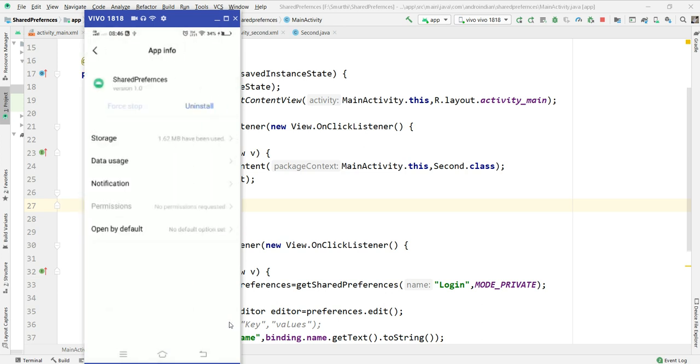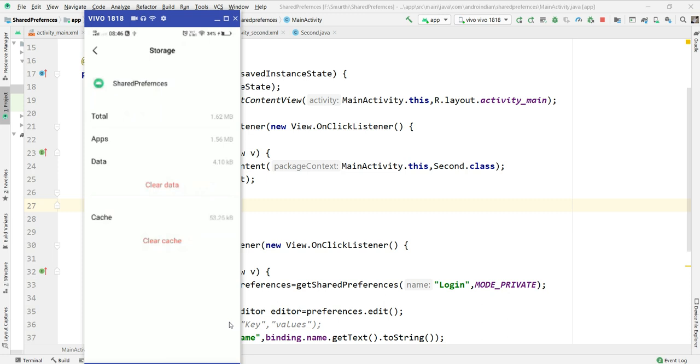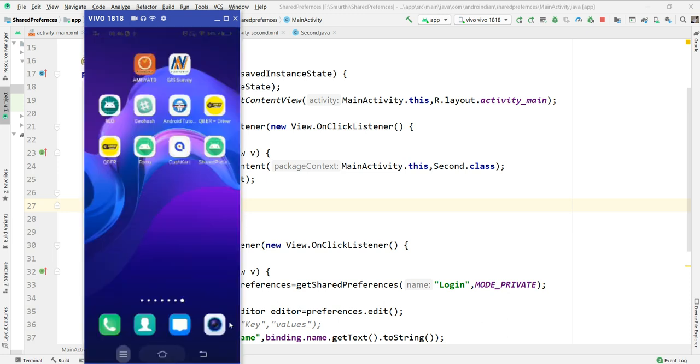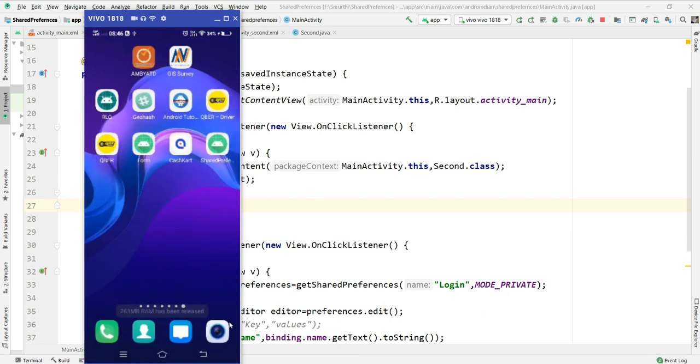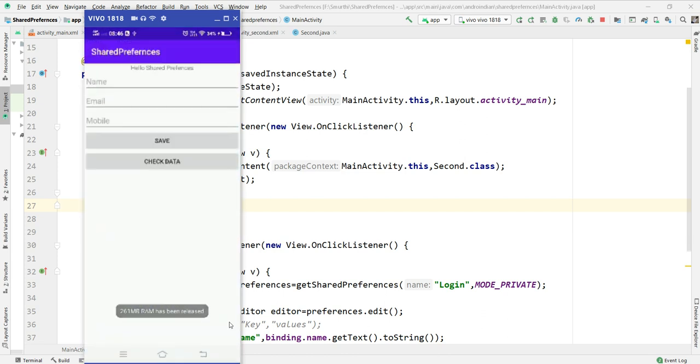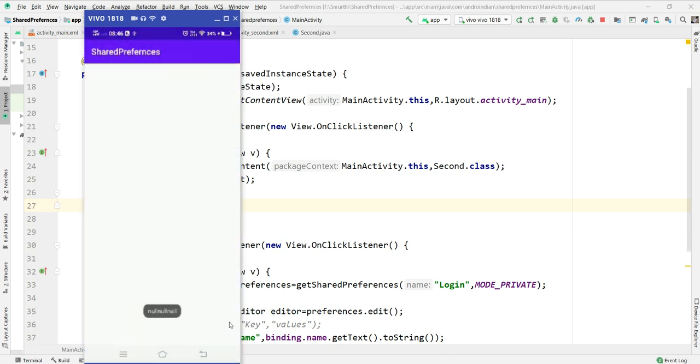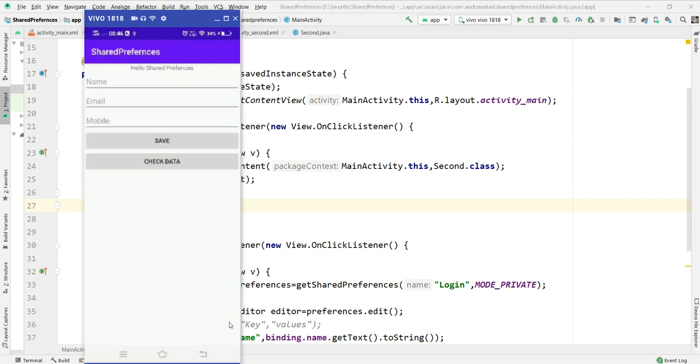See here, now storage, I'm clearing this cache data, both. So then now I'm opening this program. See here, check data, null. It means until the user clears the cache data, or it is programmatically cleared, this data will stay there itself. That is the main advantage.